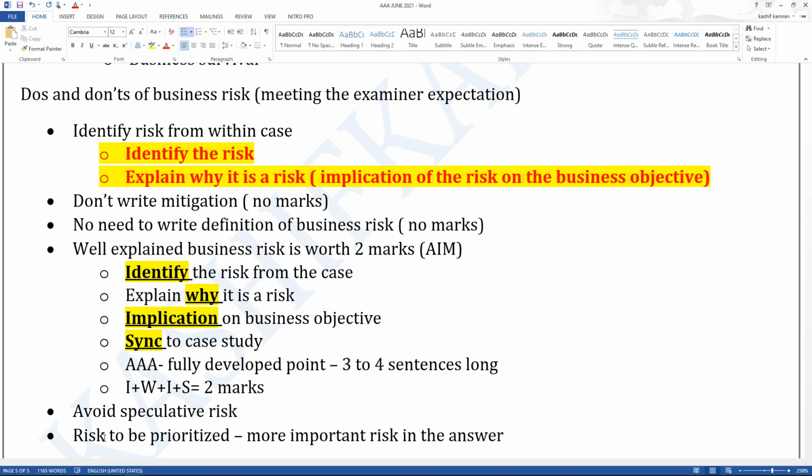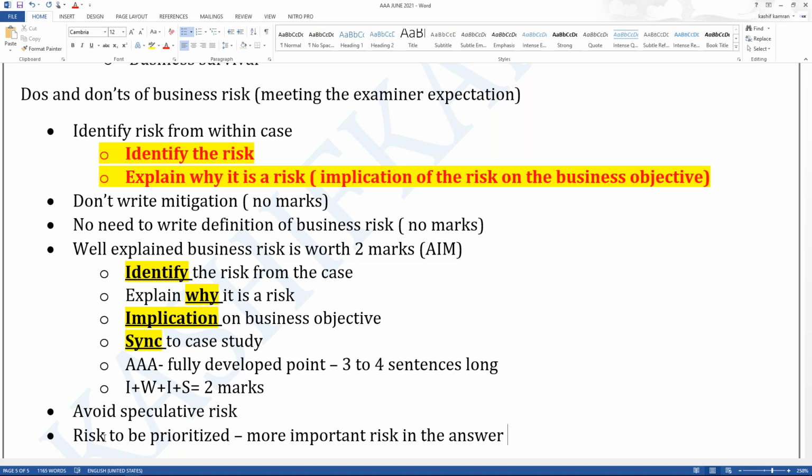Okay, so are you all prepared for the start of the December 17 paper to demonstrate what I just taught you in the last 30 minutes? I will be teaching you the speculative risk. I will be teaching you how to prioritize. I will be teaching you how you write a good answer. I will be teaching you the do's and don'ts through the demonstration, right?